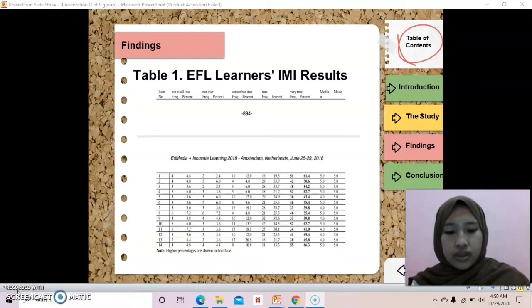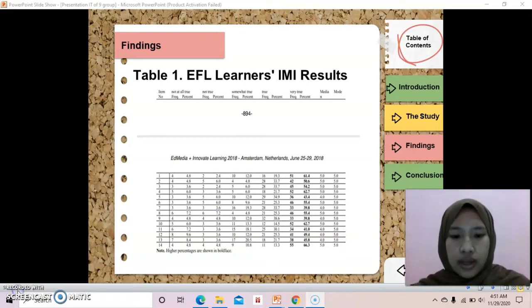Question 14 had the highest score with 66.3%. For the lowest score frequency, question number 8 had the highest frequency for score 1.00, meaning not at all true, which is 9.6%. In general, score